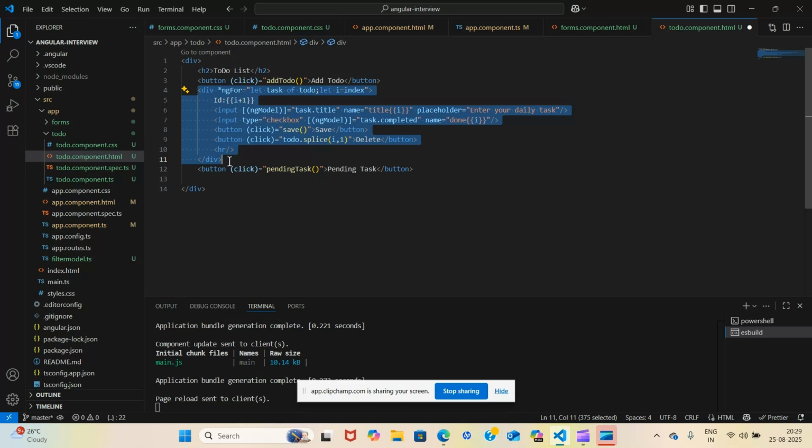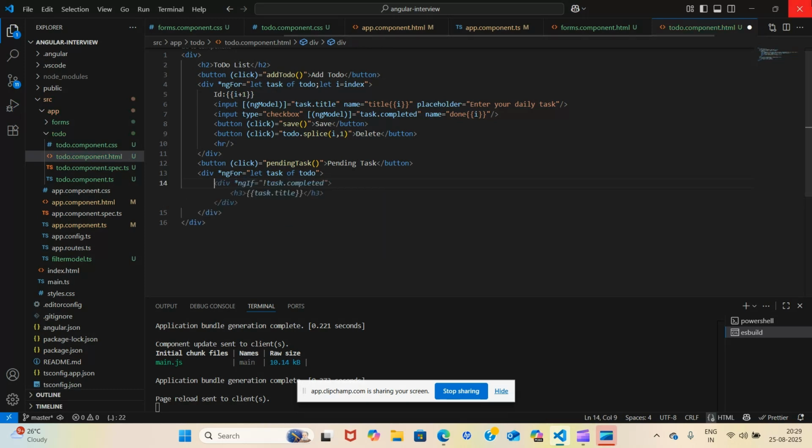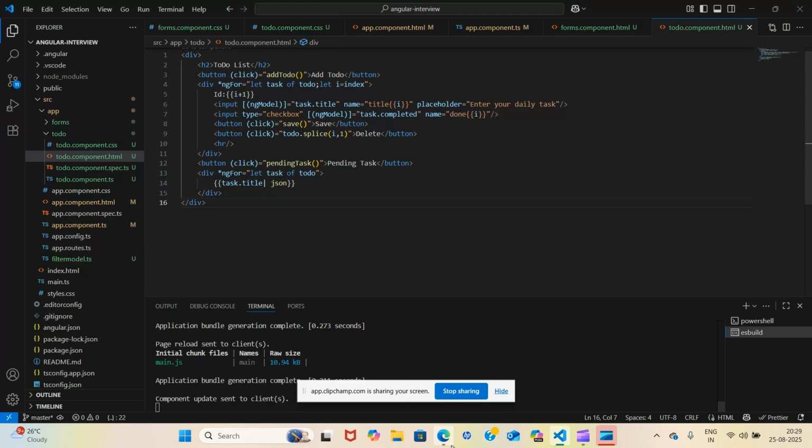Okay, so I don't want this index right now, and I will just display my task dot title. Okay, and I'll save it.